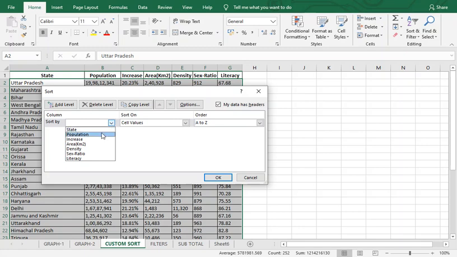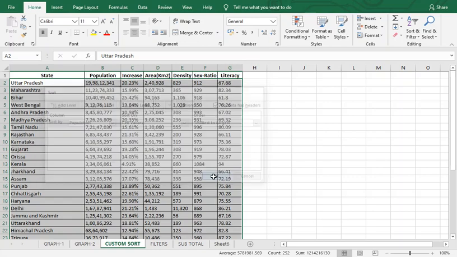We will sort by our population column, on cell values, smallest to largest, and our aim is to get the states which have the less population at the top. So let's click on OK.